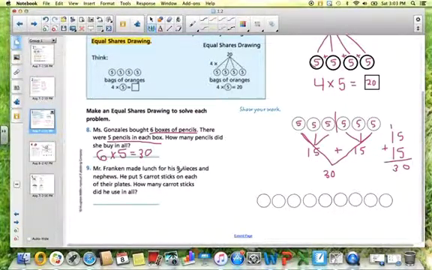So let's underline. He made lunch for his 9 nieces and nephews. So he made 9 lunches. He put 5 carrot sticks in each lunch. So we know we have 9 lunches, so that's our groups, 9 groups of,